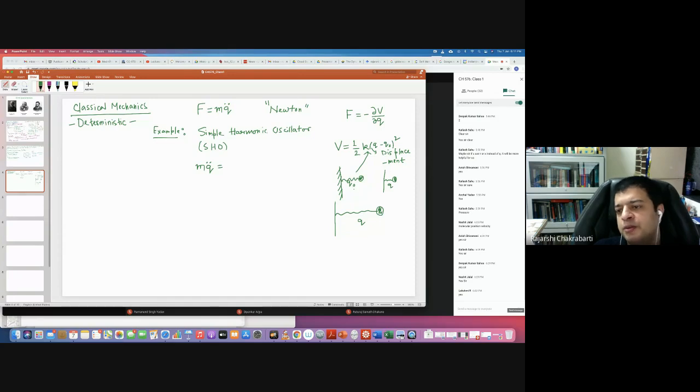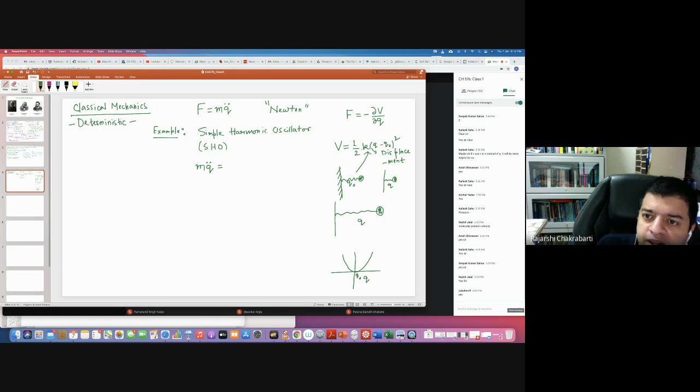Q naught is the equilibrium or unperturbed distance between your rigid wall and the ball, which is connected by a Hookean spring. You can compress it and stretch it. Whenever you do this, your Q value will change from Q naught, and this is the change in Q naught. But it's a quadratic function, so your V is a symmetric function. If I plot V as a function of Q, it is a parabola, symmetric, and the minimum is at Q naught. Is this clear? It's not very difficult.